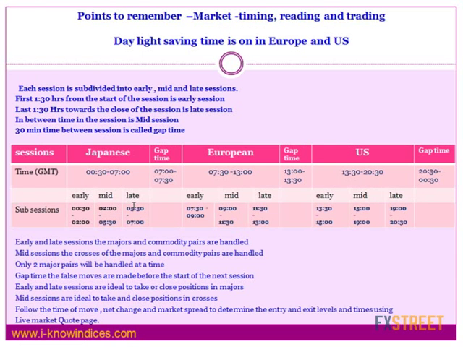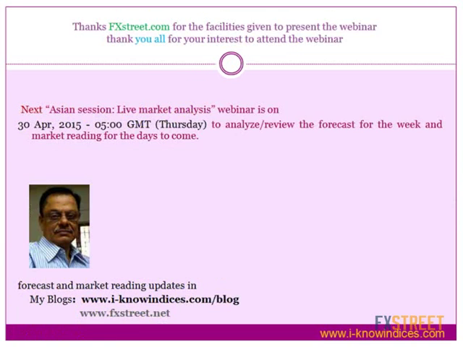Around that 5 to 5:30 GMT, observe for 30 minutes. If they are near the low and do not breach the low, take a buy. If they are near the high and do not breach the high, take a sell. Then you find by 7 GMT, they show you profit. And in the gap time, they will continue it as a false move and then reverse the market. So use the trailing stop and capture the profit. Because our mind has a limitation with regard to thinking, and the market moves are much faster in the electronic medium. So we have to use the trailing stop invariably to protect the profit.